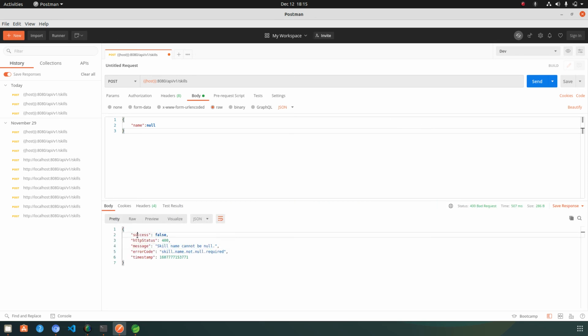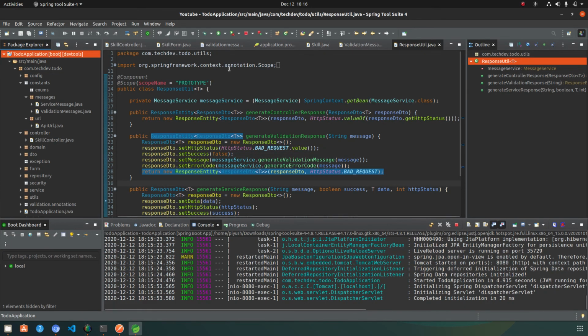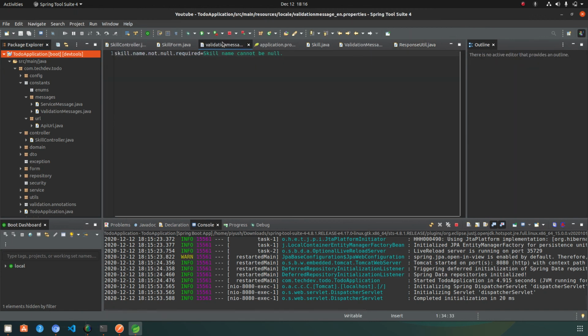So you can see here that I got the response. I was passing the null value to the skill name form and the success was false. HTTP status was 400 and the message was skill name cannot be null. And you can see that skill name cannot be null was the message which I handled using the i18n standard here.